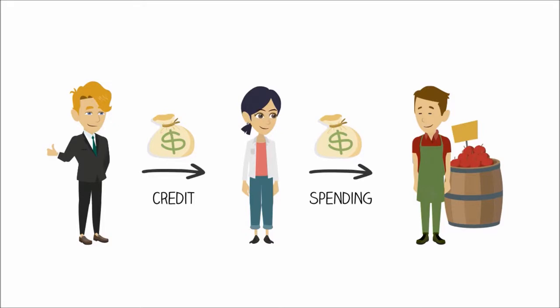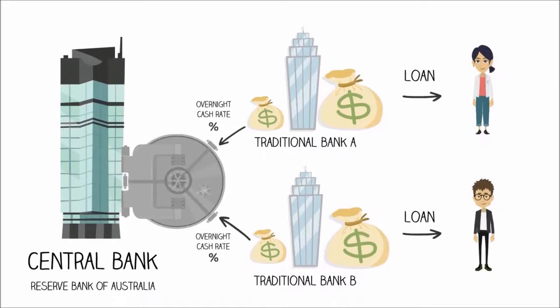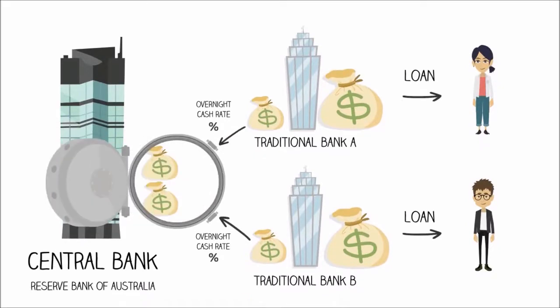The RBA will do the opposite and raise rates if it senses that the money supply has been growing too quickly and if inflation is getting too high. So this is the basics of monetary policy. It's a tool used by a country's central bank to influence the supply of money in the economy and work towards creating stable long-term economic growth.